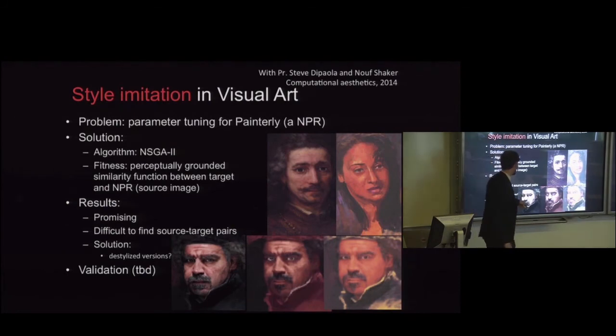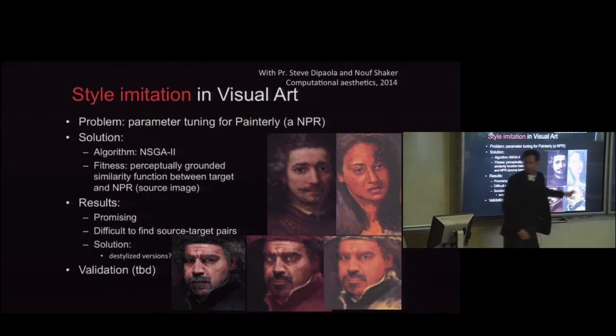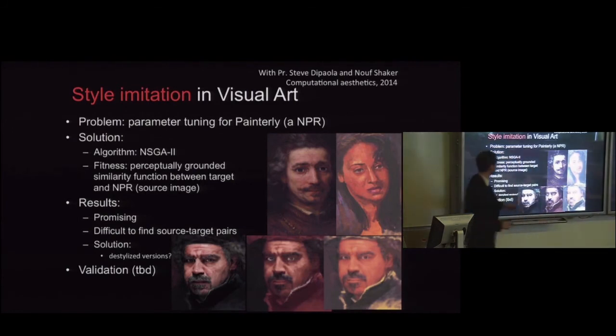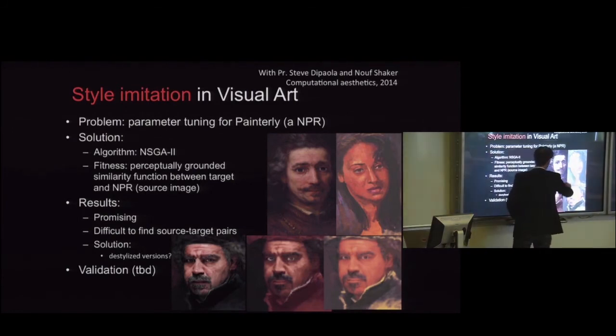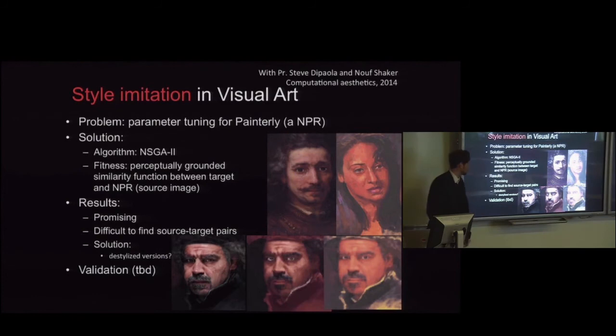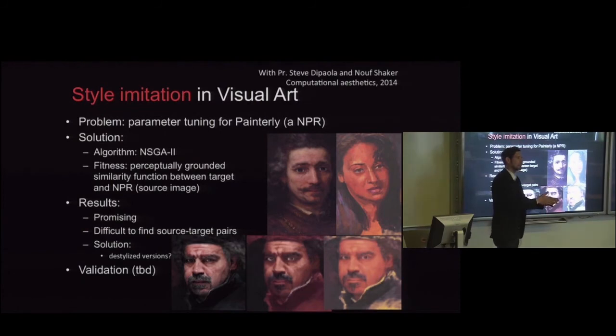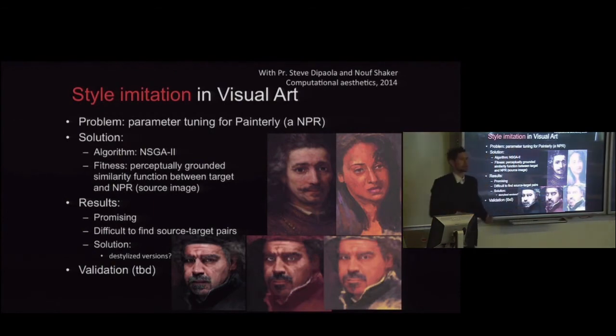So if, for example, you get a rendering of, so that's a Rembrandt, and on the right here you have an example of an actual painting from Horton, and then here you got a rendering of Steve in the style of Rembrandt, and a rendering of Steve in the style of Horton. So what the system does here is really learn from pairs, like pictures and renderings of those pictures by a painter, and you try to learn what the transformation is, and try to abstract the style of that painter, and then we can apply that on any